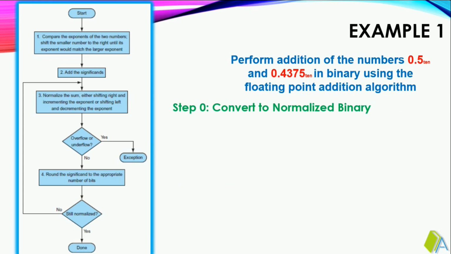So we can see an example of this floating point addition algorithm. The given numbers are in decimal format. According to the algorithm, in the initial step we have to convert the given number into binary normalized format, because in the question they have given that we have to perform binary floating point addition. If it is not mentioned, you can carry out the addition with the base as decimal itself. Since they have mentioned that we have to perform the addition only in binary format, we have to convert the given number into a normalized binary.